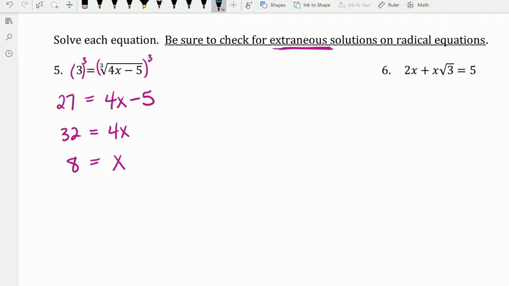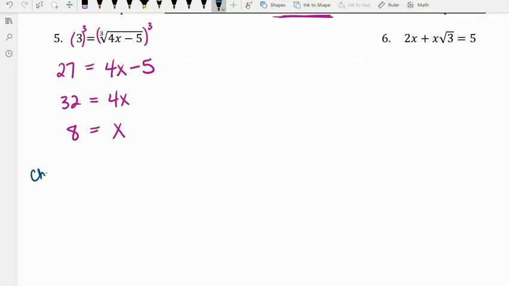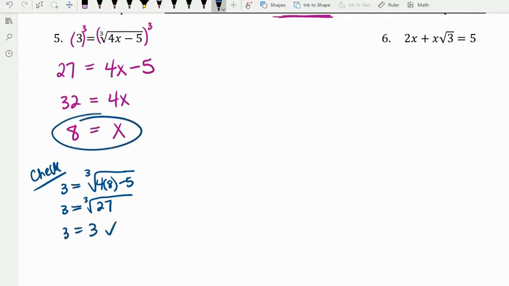Because that's a radical equation, I'm going to check it really quick and do 3 equals the cube root of 4 times 8 minus 5. That would be 32 minus 5, which is the cube root of 27, and the cube root of 27 is 3. It checks, so x equals 8 is a working solution. Okay,